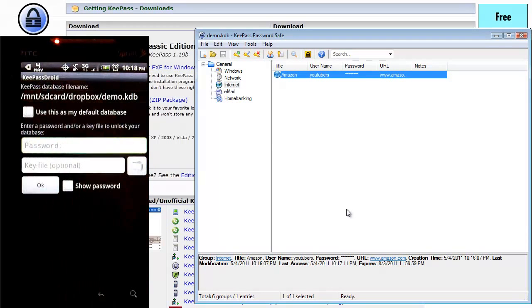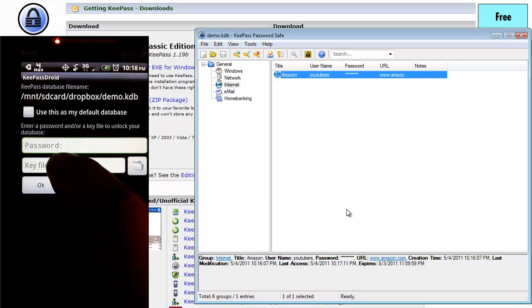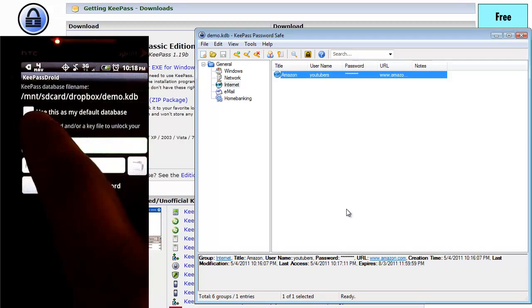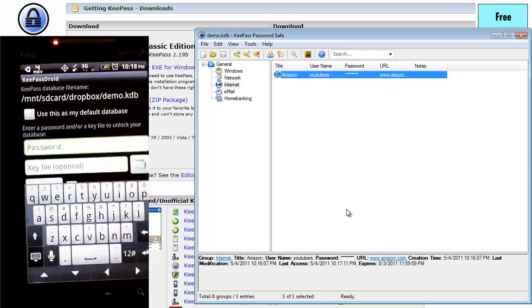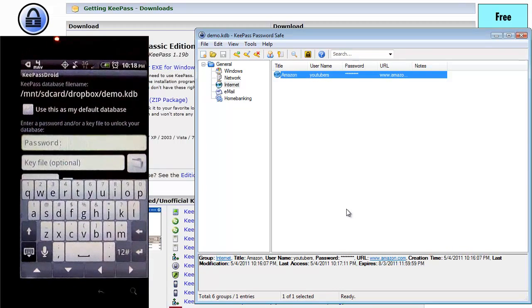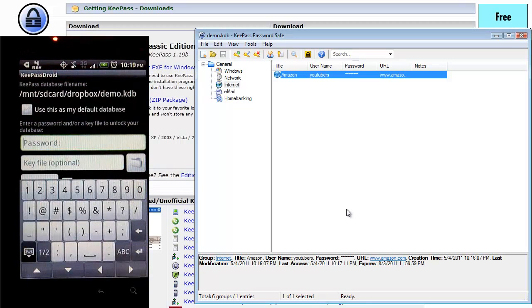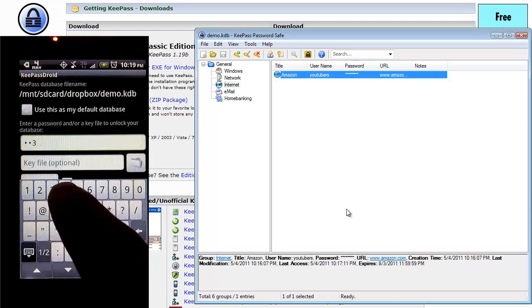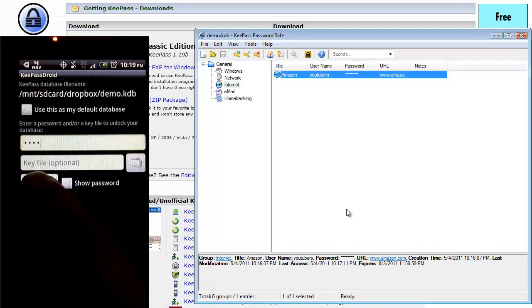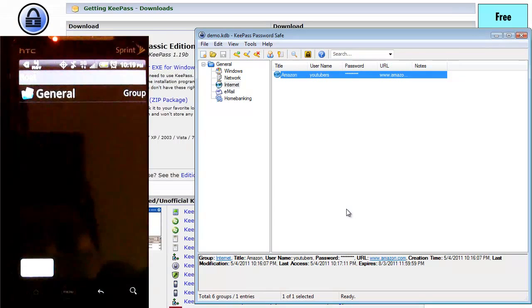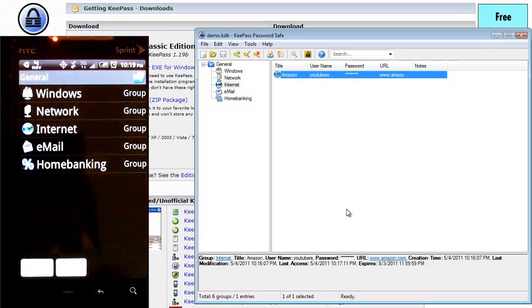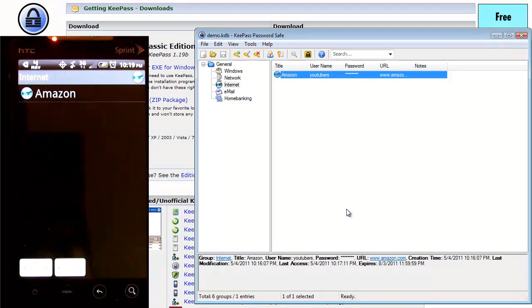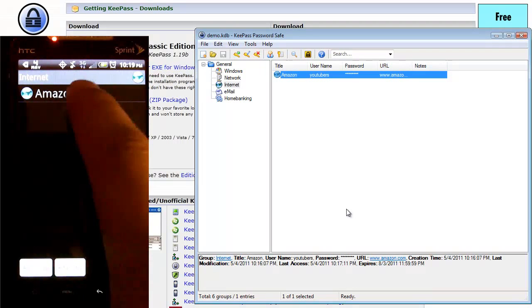You can see at the top KeePass Droid. This is the Android version of KeePass. So I want to just select that file. It's already selected, and you can choose to use that as your default or not. And then if I enter the password, go to numbers. Remember the number we used was 1, 2, 3, 4. Hit OK. It opens. I go to General. I go to Internet. There's that entry we've created. If I open that,